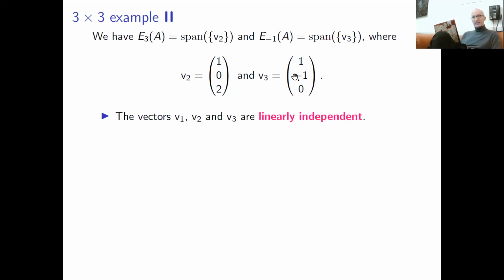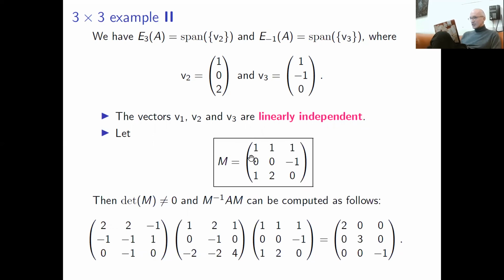And of course, this matrix is the matrix we're going to use for diagonalization. You take this matrix M, which I just said consists of vectors v1, v2, and v3 as columns. You check the determinant is not 0, so they're linearly independent, you find its inverse, and you write down the formula for M inverse AM. This is the inverse of M. I've found it using basically the formula we discussed in the previous lectures. This is my matrix A, my matrix M. If you multiply, you get this diagonal matrix with diagonal entries 2, 3, -1.